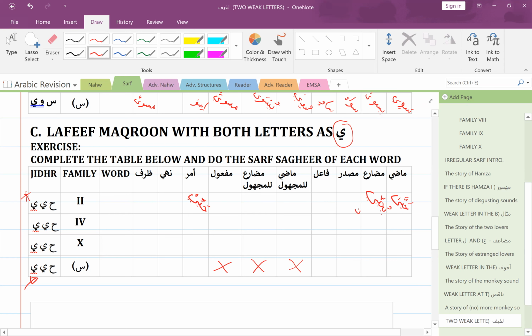Now here, remember ta'liman, that's the masdar, right? But when you come to naqis in this family, we have a ta marbuta, instead, but we're going to smooth it out and make it tahiyyatan. Because the two yas are coming together, so it's just going to be tahiyyatan. And you've had tahiyyatan before. It sounds familiar, doesn't it? Like greeting. Tahiyyatan. So now you know where it's coming from. Tahiyyatan.